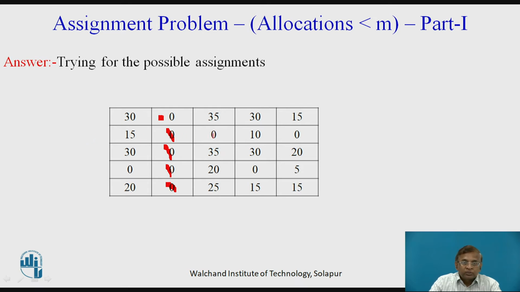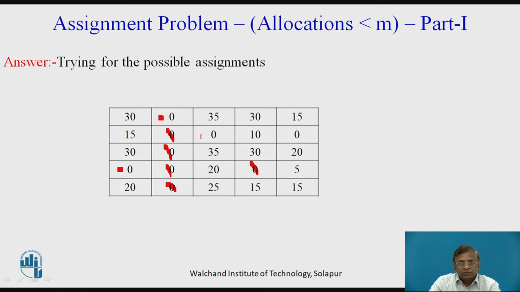The second row has got 2 zeros, so nothing to be done. The third row has no 0 left out. The fourth row has 2 zeros, so we can't allocate. The last row doesn't have anything. Now we repeat for columns. The first column has a single 0 here, so we allocate that. This is the allocation in the column, hence the additional 0 in the row we cancel out. That's very, very important. The second column has nothing to be considered.